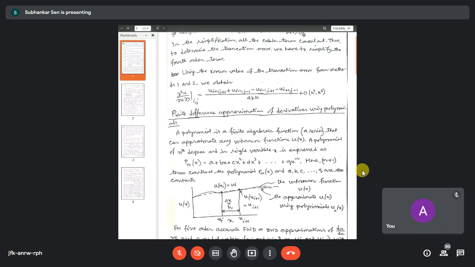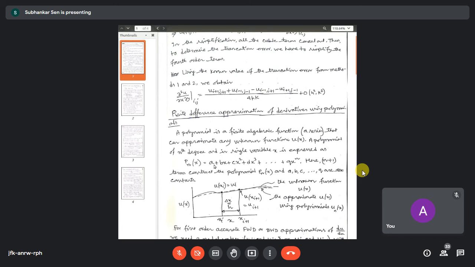The lowest possible polynomial is a straight line with constant slope, meaning zero slope. When you say y equals a, here we are showing a polynomial. This is the symbol for polynomial, capital P, in one variable. It can be in two variables, three variables, but this is a one-dimensional expression. If you have a polynomial of nth order or nth degree, then we shall have n plus 1 terms in the polynomial. So the number of terms is finite. Because of that, we say this is different from power series.